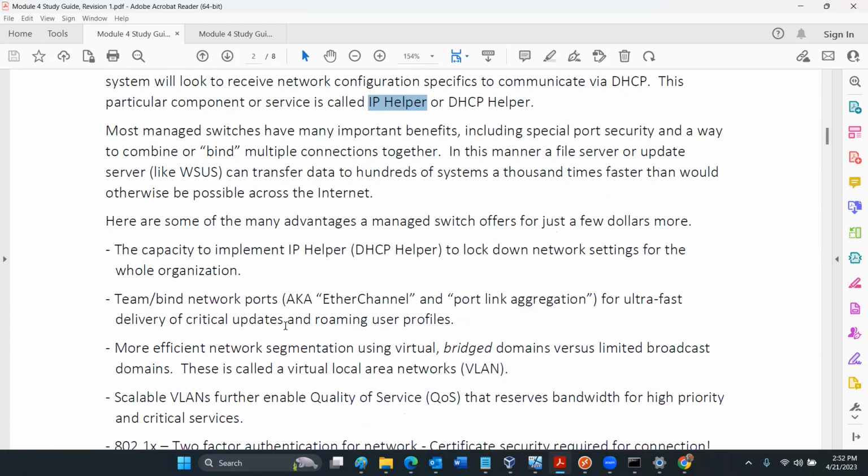More importantly, you can bind ports together so that you can start monitoring network traffic. You can do something called VLANs, or virtual LANs. It allows you to create a local area network just for a certain group of users, not based on how many switches you have locally.